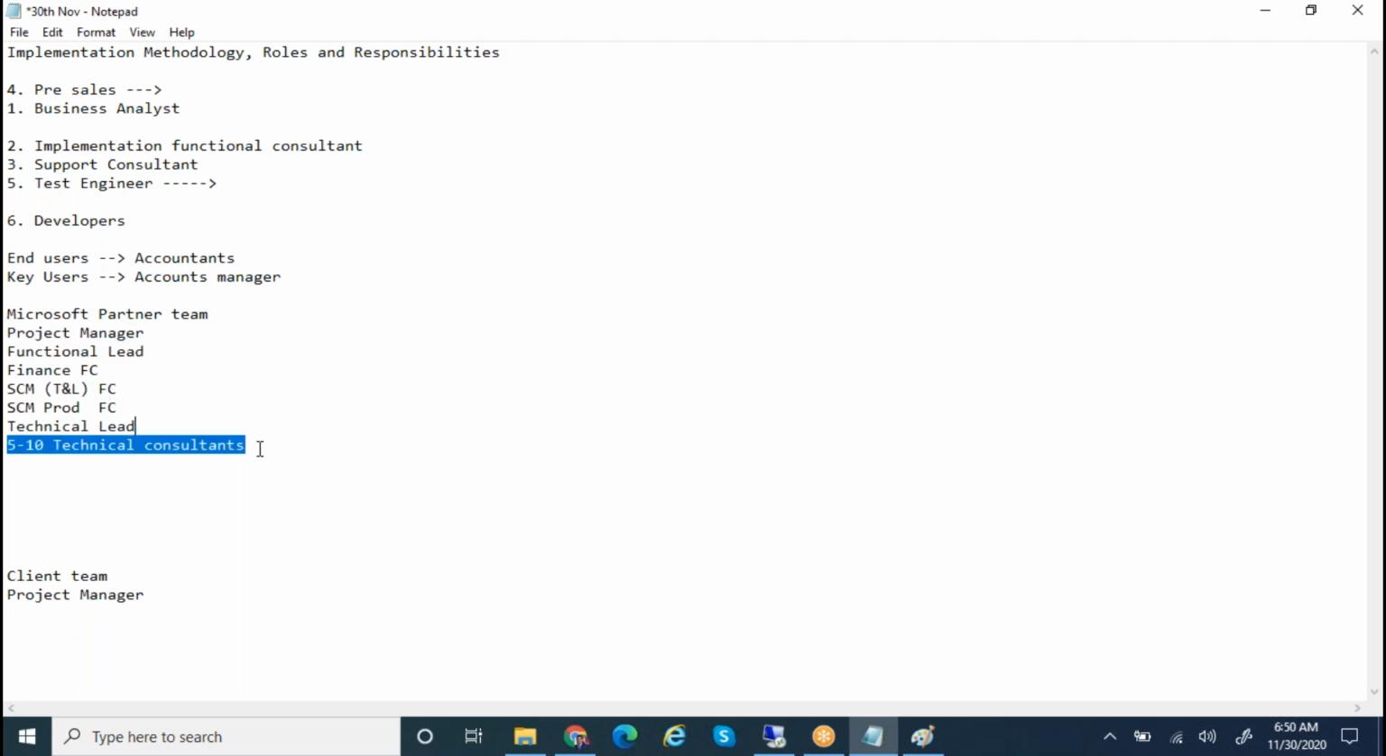This is a group of Microsoft partners. From Microsoft partners, this team. Microsoft partners team means where you are implementing, where you are working. Hitachi, Accenture, Godrej, whatever the companies. Okay, and wherever you are implementing,